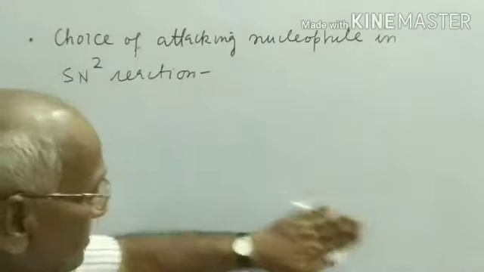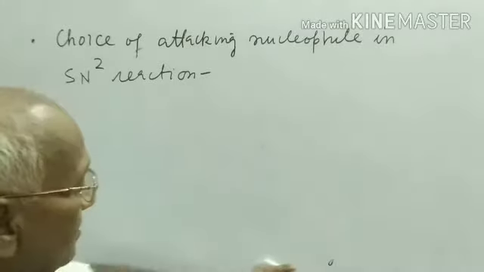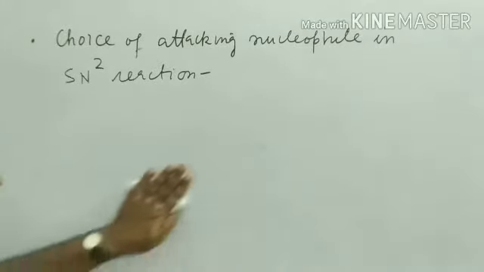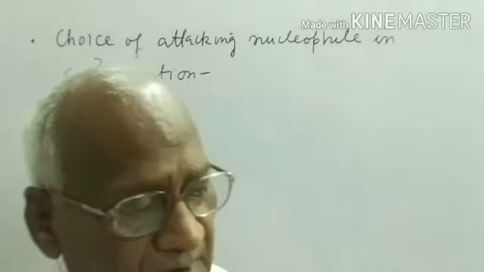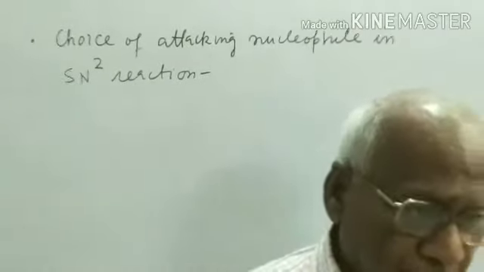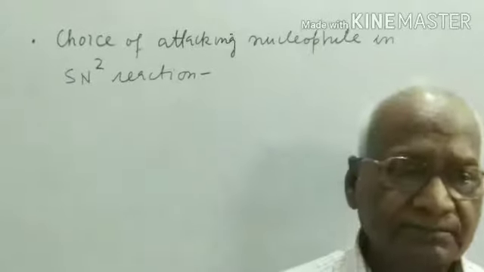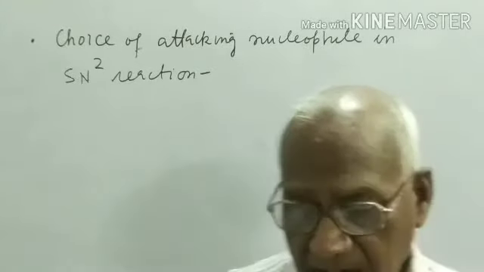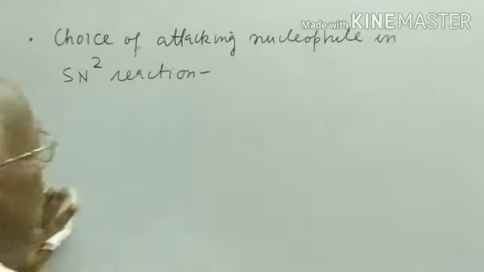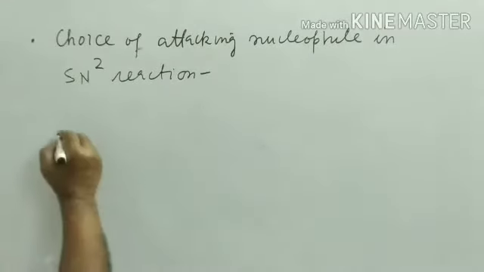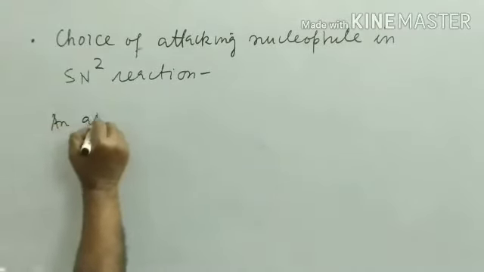You know that nucleophiles are neutral or negatively charged, and solvents are aprotic polar and protic polar. So, the choice of attacking nucleophile and the appropriate choice of nucleophile for the SN2 reaction